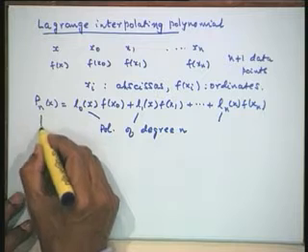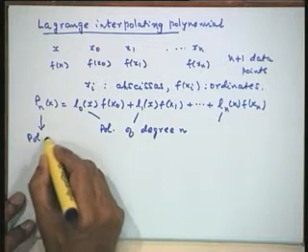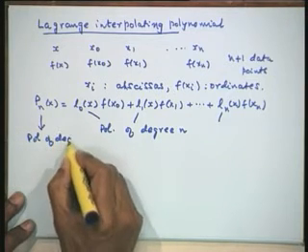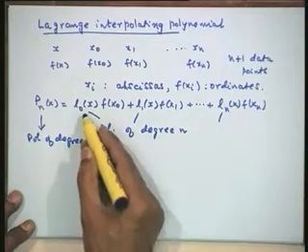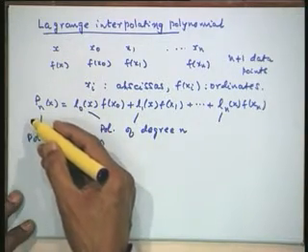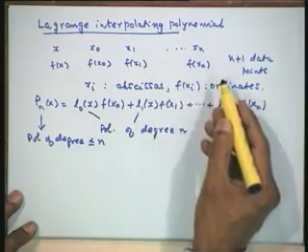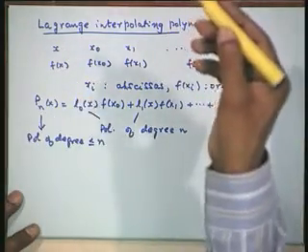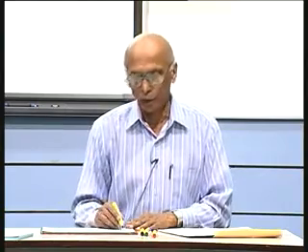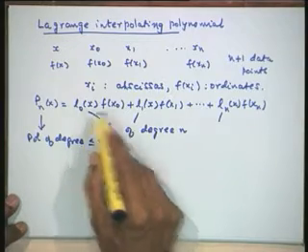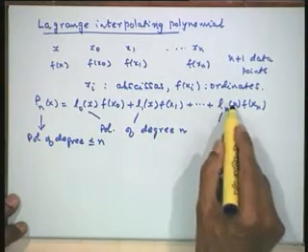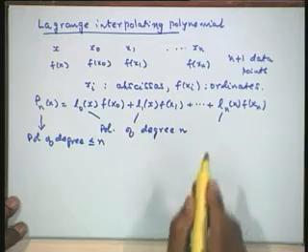P n x of course finally may turn out to be a polynomial of degree less than or equal to n. If the leading terms cancel here, then it is going to be a lower order polynomial. For example, you might have given 100 data, but they are all lying on a straight line. So, the 100 data will be representing just a linear polynomial and not a polynomial of degree 99. Therefore, this P n x may finally be a polynomial of degree less than or equal to n, while L 0, L 1, L n x will be polynomials of degree n only.